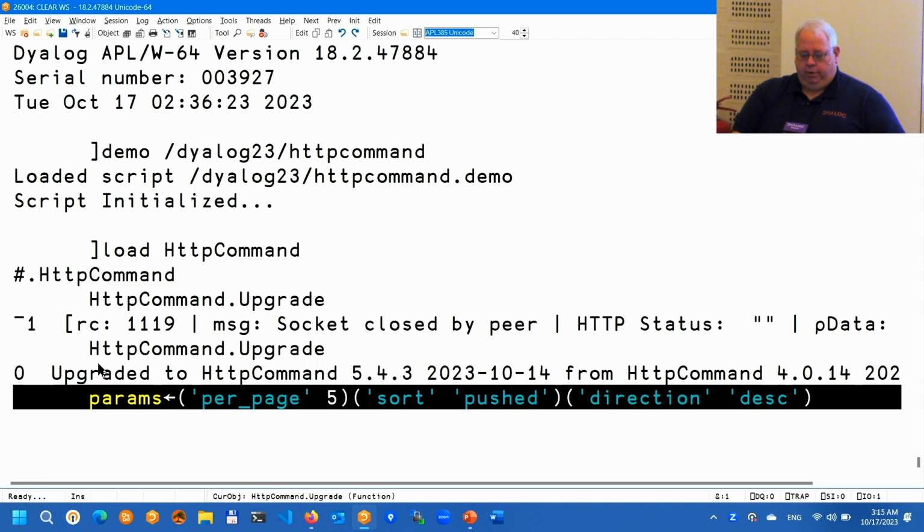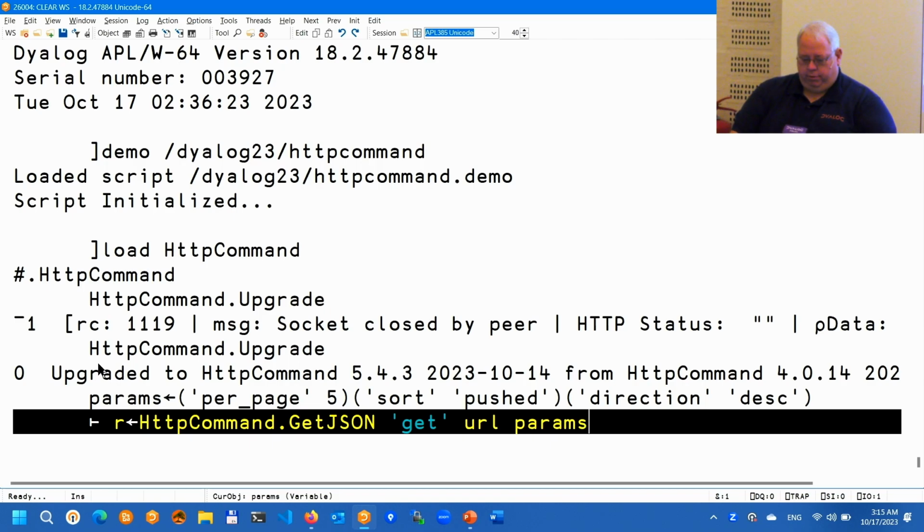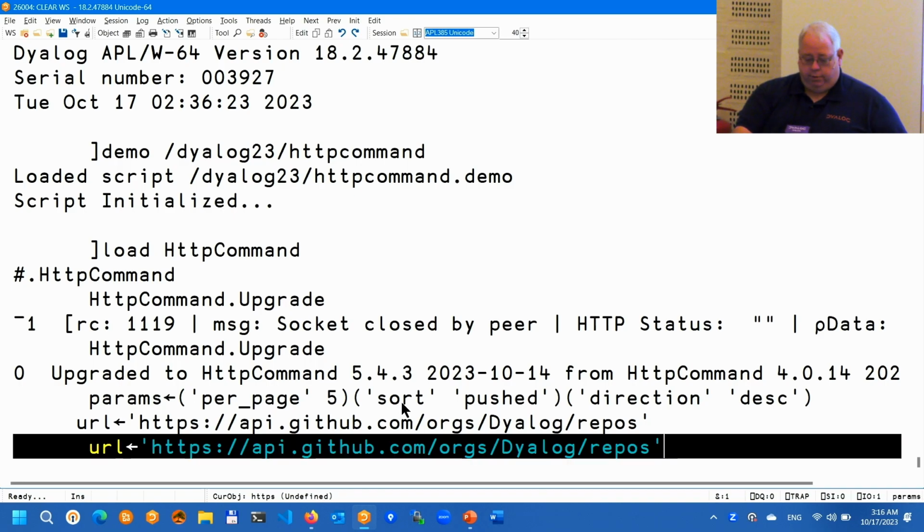So here I'm going to define some parameters, right? And ooh, where'd my URL go? Okay. So I'm going to define a URL, which is talking to the GitHub API, and I'm defining some parameters. So I'm basically looking at the Dyalog repositories on GitHub, and I'm saying I want to get 5 returned, and I want to get the ones that have been most recently pushed, right? And so then,